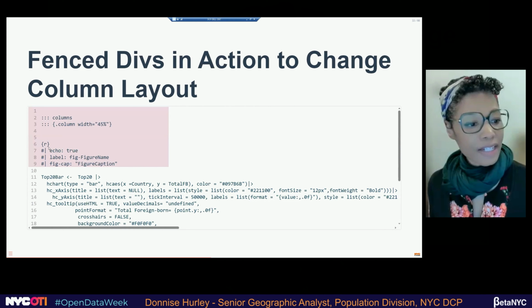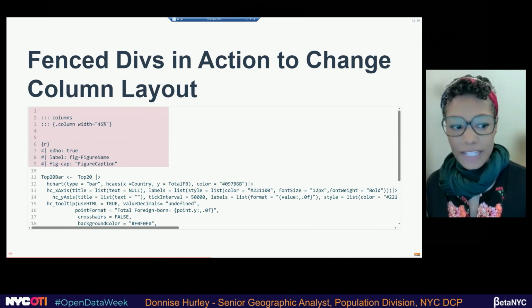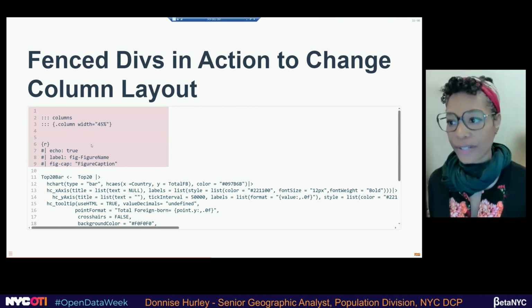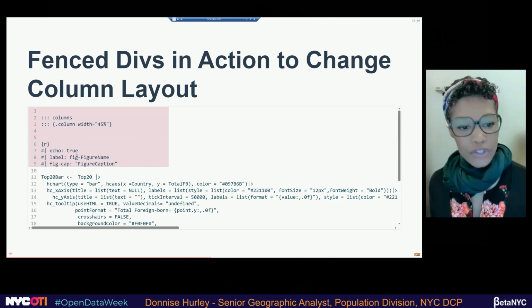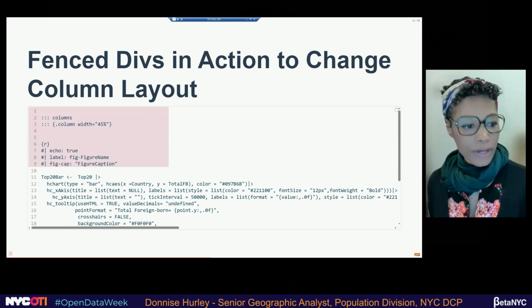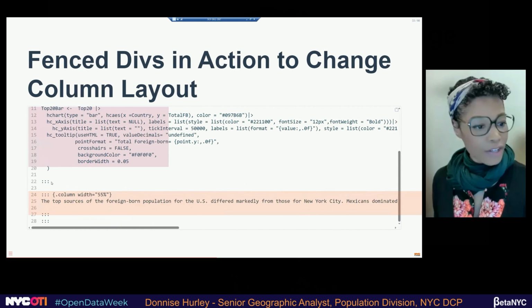And then in here, I'm just adding my code block. So I'm making a figure in here, and later I'll explain how to make a figure in detail. But this is just to show you how to set up your fence div. And then I close it with my 3 colons.